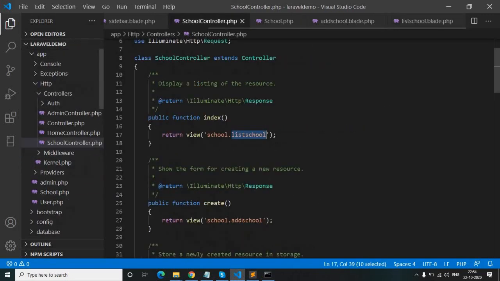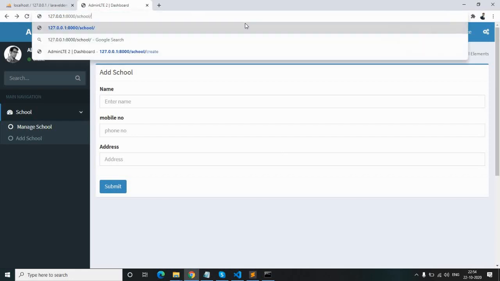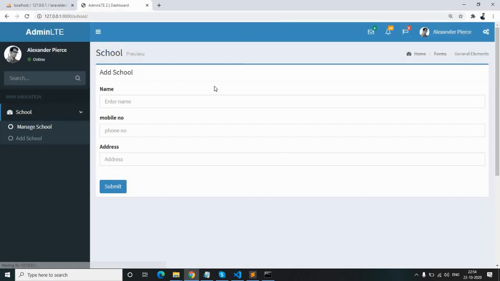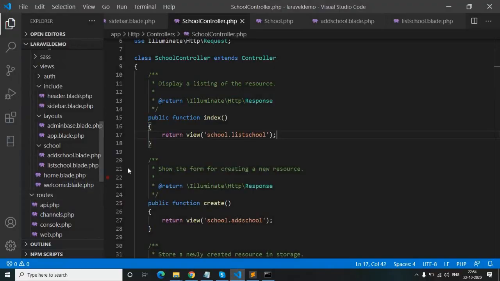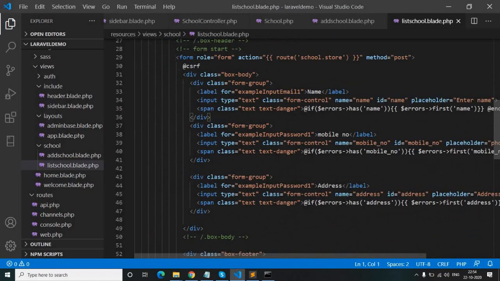Okay guys, so here you can see this add form, because we have copied the add form. Now we will open this list school file and we will remove this add form.